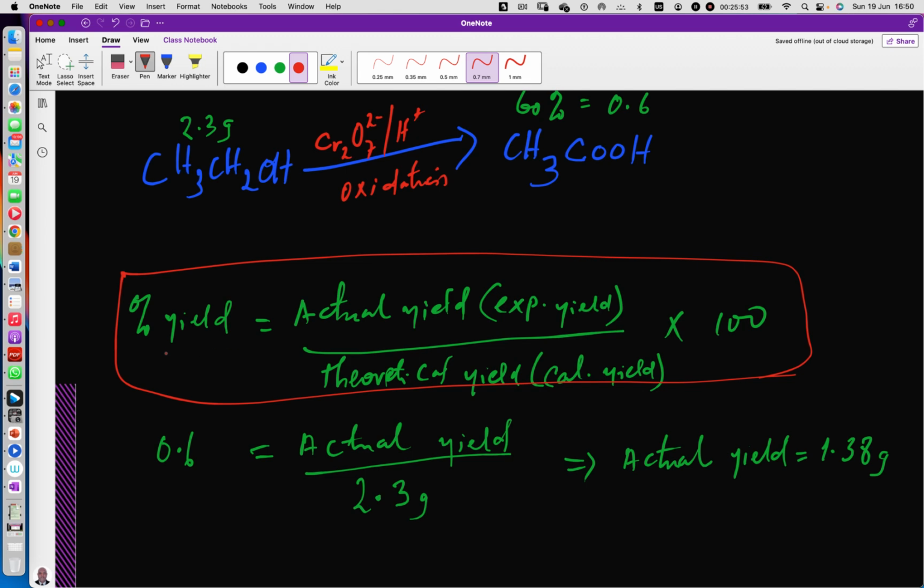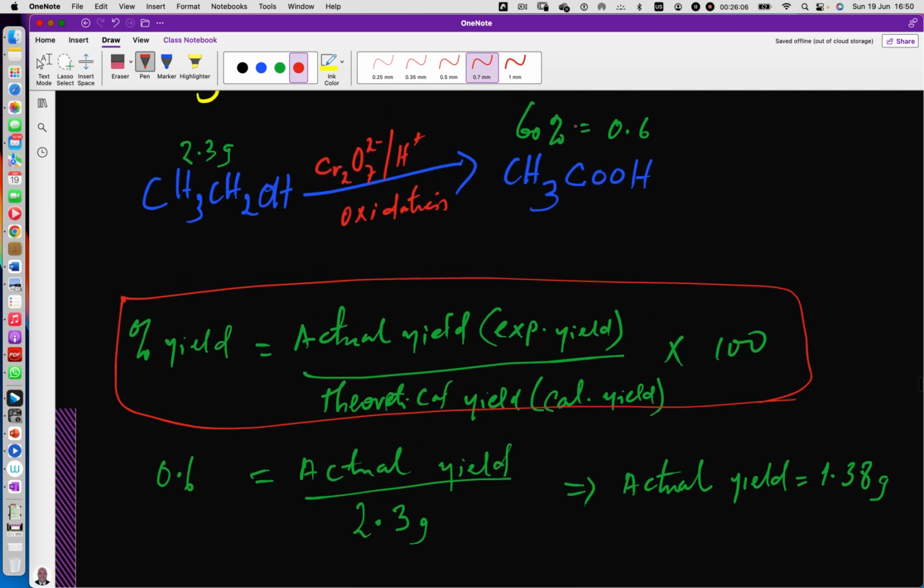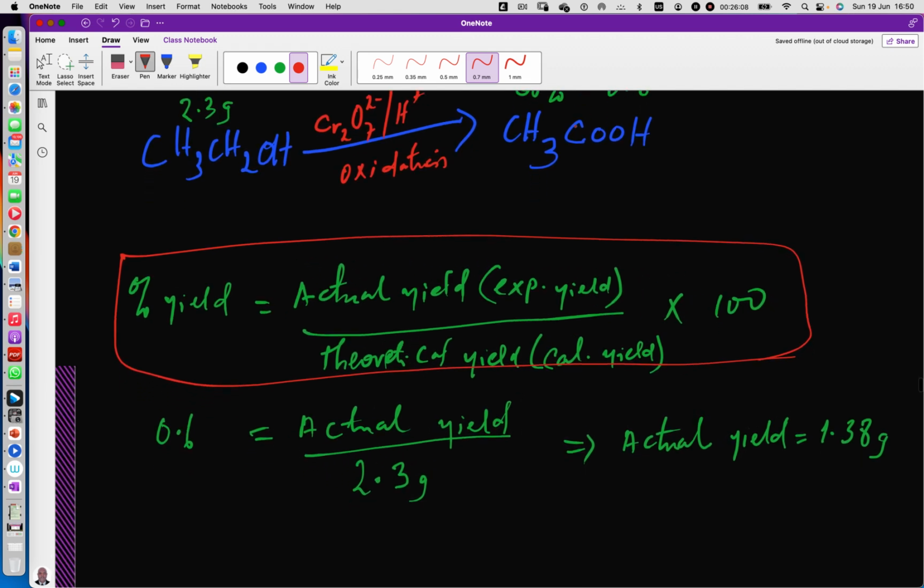I have already divided these by 100. I've already divided 60% by 100, which I said is equivalent to 0.6. So now our actual yield is